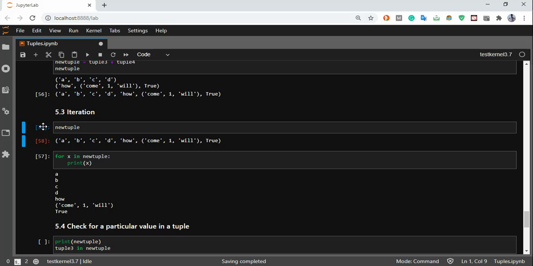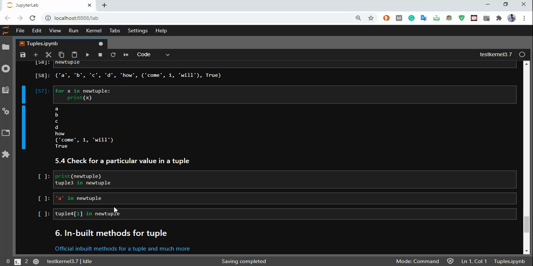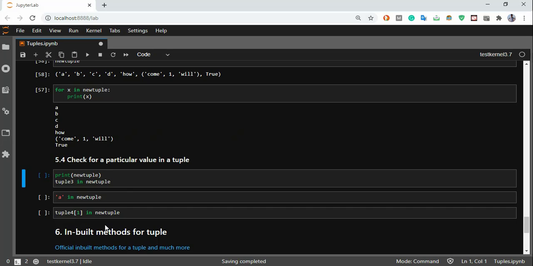One thing to keep in mind is that it won't iterate into a nested tuple, nested list or nested dictionary. It will consider the entire thing as a single element. So in this case, when it iterated, it returned an entire tuple and not single values of the tuple.